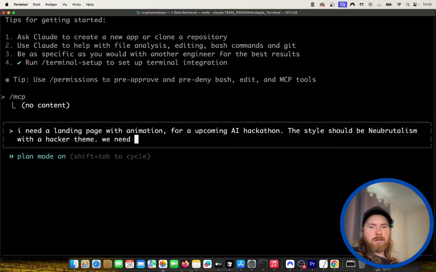We need a drop-down menu to select dates. The dates are 1st to August 2025.